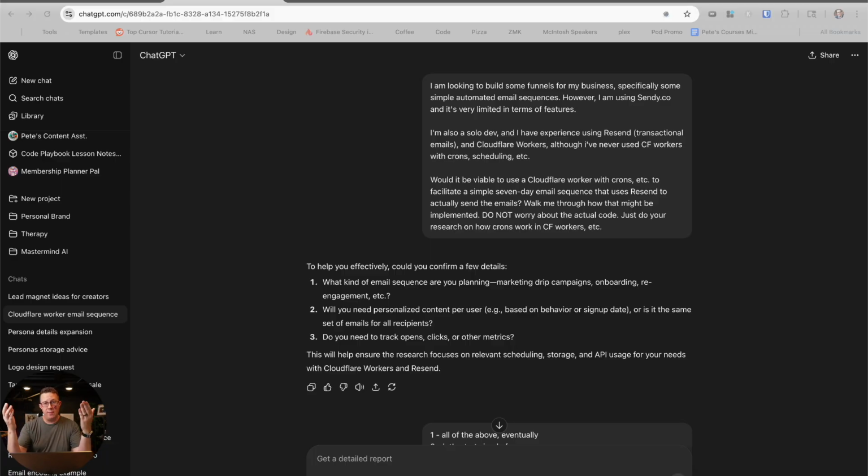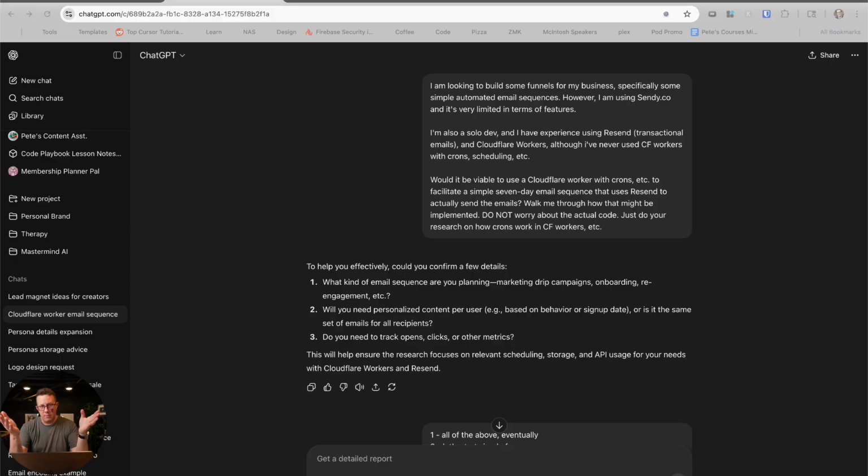So if you're not a developer, and we're talking about frameworks and SvelteKit and Tailwind and Firebase and Render and Resend and transactional emails, and you're like, what's going on? Do I need to know this stuff? Yes, no, maybe, will it be helpful? ChatGPT is your go-to. Here's what I want to build. Give me the big picture overview.